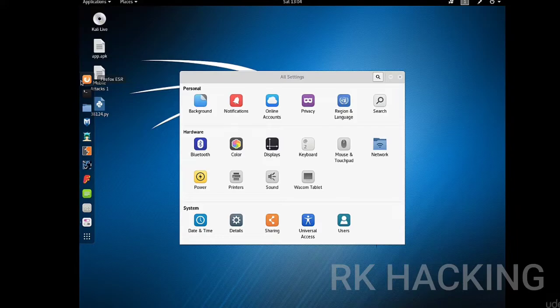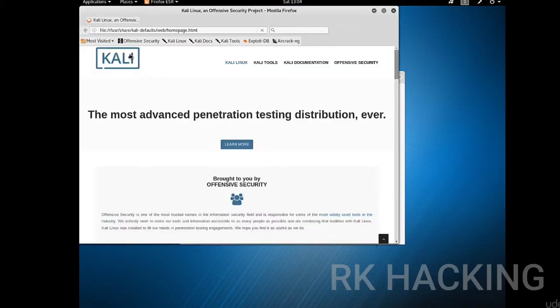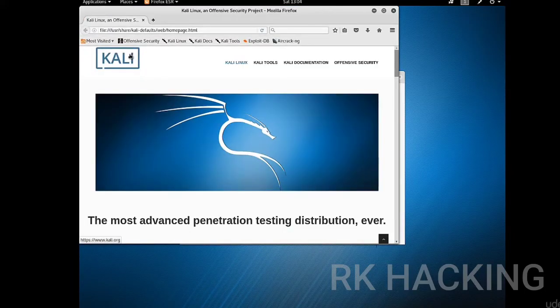So when you open Kali Linux for the first time, it's very similar to Microsoft Windows. It's not command line anymore, it opens graphically, and it's quite easy to use.